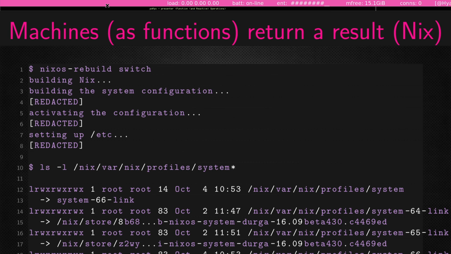And if we have a look at the system profiles, you'll see that we can actually roll back as part of this because we have different symlinks for the previous configurations that we can roll back to. And that includes things like kernel configuration, or if we've modified the kernel with extra config, some module that we needed built or something like that, we can roll back to that, right? And it can be a totally different version of the kernel and so on and so forth.